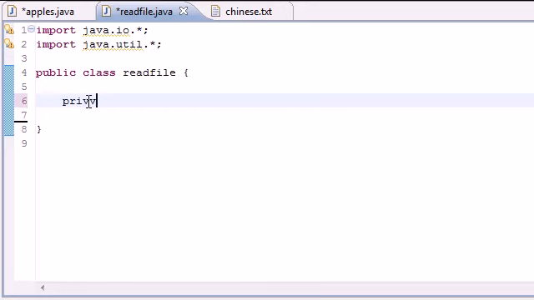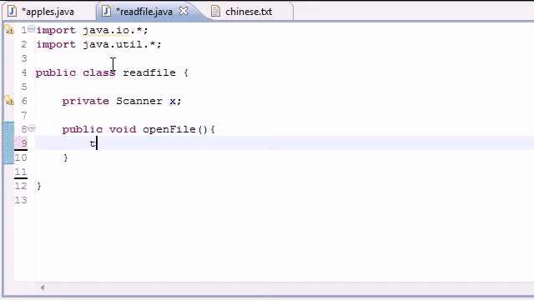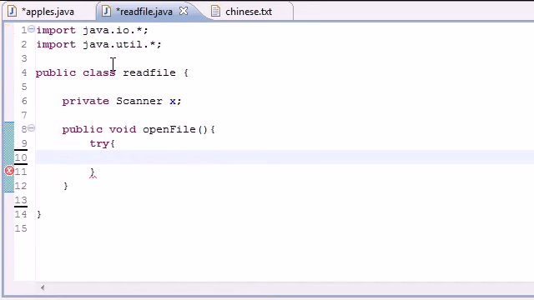Let's first make a private scanner variable. I'm going to name mine scanner X, and I'm going to move that cursor out of the way. And now let's make a method to open the file first. So public void open file, and let's put try to open the file. We're going to set X, and again here's where we're going to put new scanner. And instead of putting system in here, which would be the keyboard, just put new file and put that